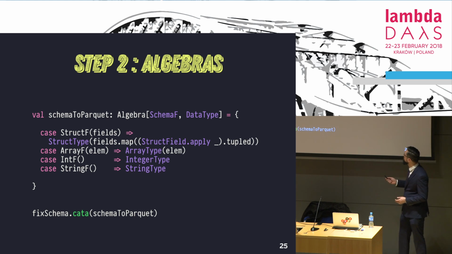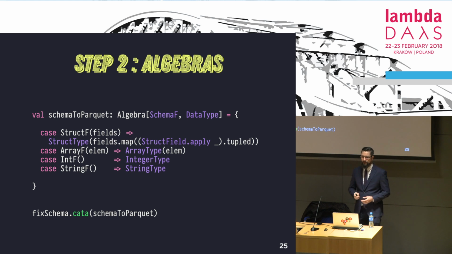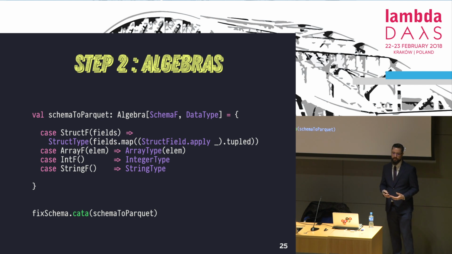So all we have to do is just wrap each field in a StructField, which is a Spark type, and then build a StructType, which is also Spark's thing, to build a new DataType. For arrays, it's even simpler. We have an element, which is already a DataType in the Spark world. So we just have to wrap it into ArrayType. And for the simple types, it's even simpler. So this is really, really cool, because we only have to care about one layer at a time, and everything is already done for us